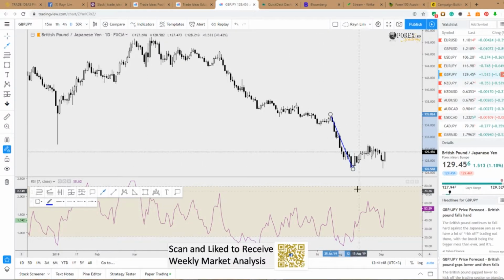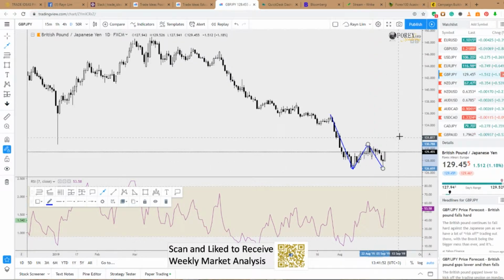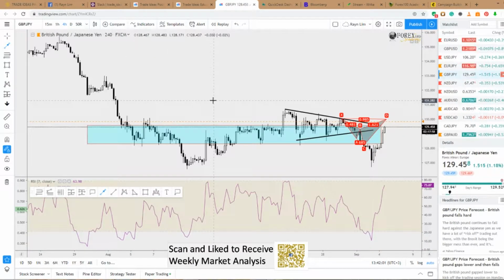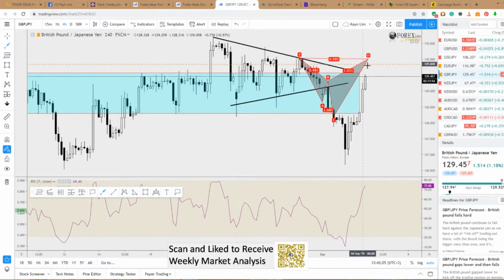Let's see later. Okay, so there is a double bottom, both happen on the daily chart. So a trading opportunity will be stretched all the way up to this level. To the 4-hour chart. So on the 4-hour chart, at the moment, there is a